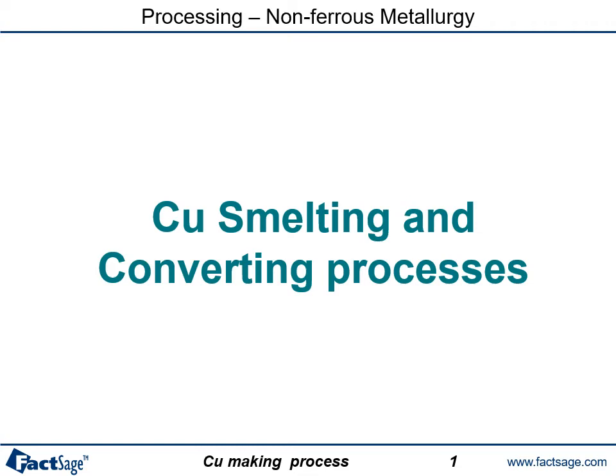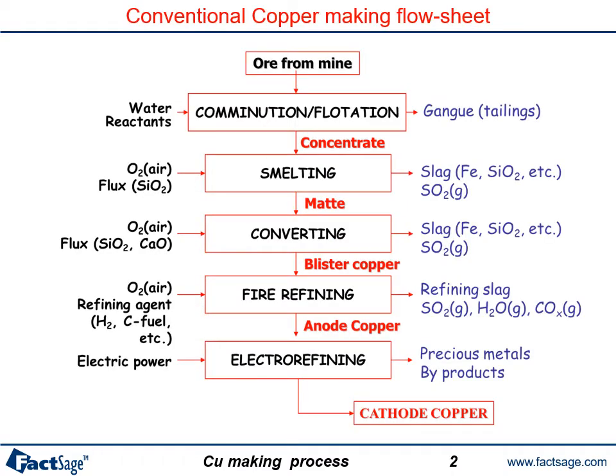Okay, this time let's try to look at the copper smelting and the converting processes. This slide shows you the flow sheet of the copper making process from the ore to the final cathode copper. Typically, the copper is in the form of the chalcopyrite mineral CuFeS2 in nature, and this mineral also has a lot